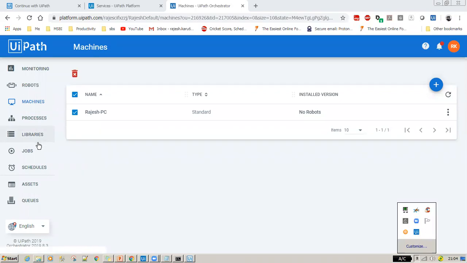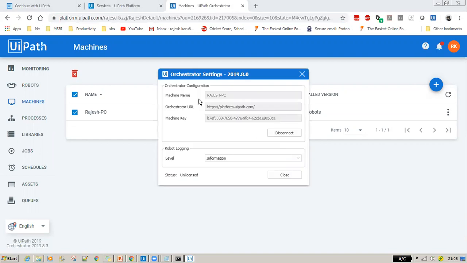Say, for instance, you ran a job and it failed. The first thing you need to make sure is whether your UiPath bot got connected or has any connection issues. Go to your orchestrator settings and it should say the status is connected. If any of these connections are missing, sometimes as a troubleshooting step, they will disconnect it and make a connection one more time. This is a retry mechanism when you're facing connection issues. Just ensure that the connection has been established between your orchestrator and this system tray.